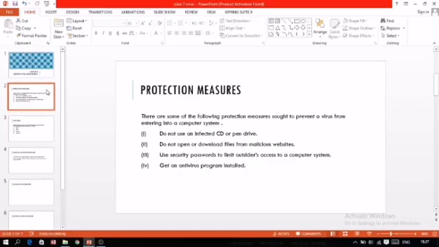Get an antivirus program installed. This program is very important for a computer system. If this program is not there and a virus enters your computer system, then it may harm your computer. But if an antivirus program is there in your computer, and by any way a virus enters your computer, like from a CD, pen drive, any file from the internet, or through the network system, then it will detect the virus and try to remove it.